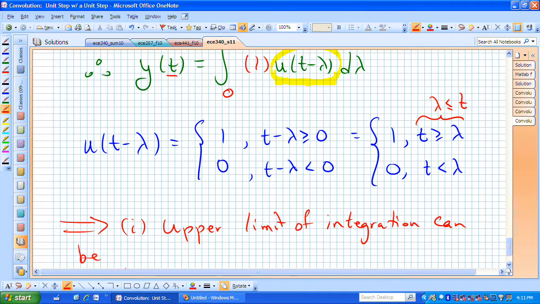That upper limit of integration can be set equal to t